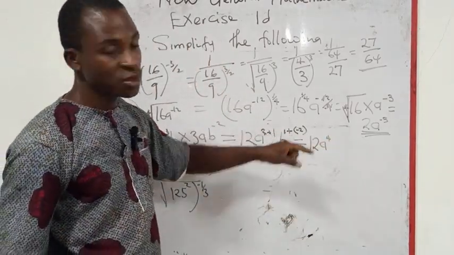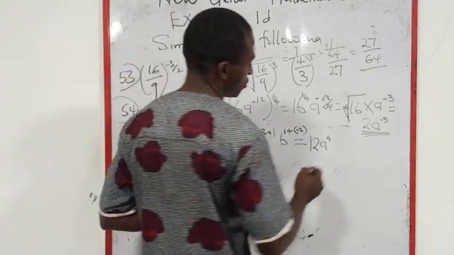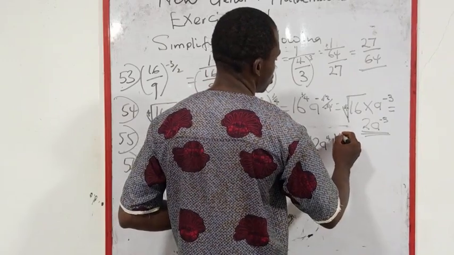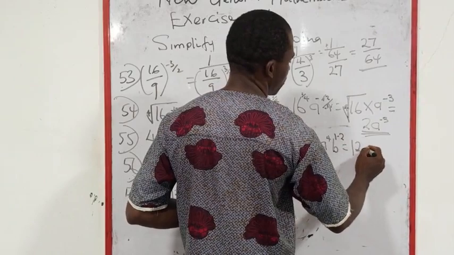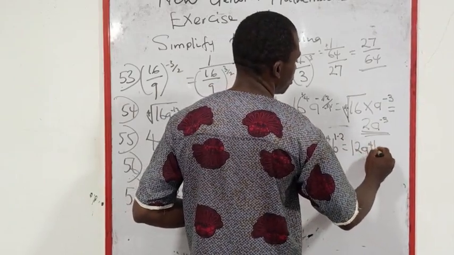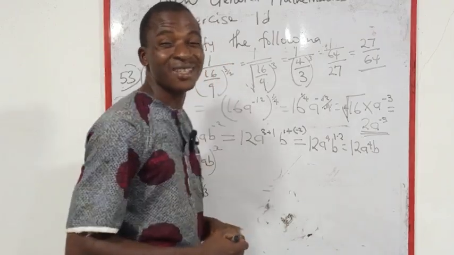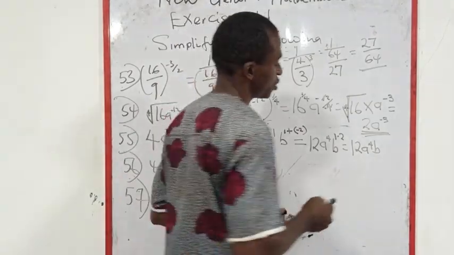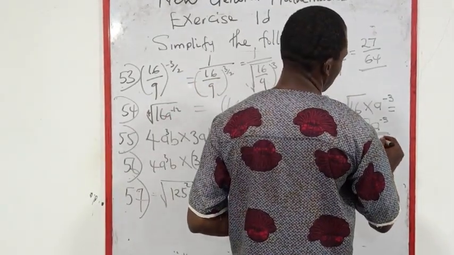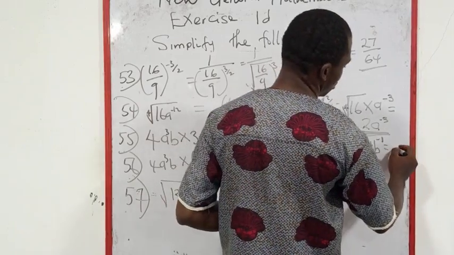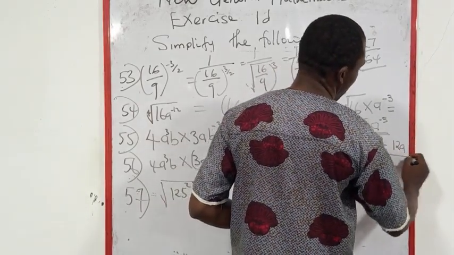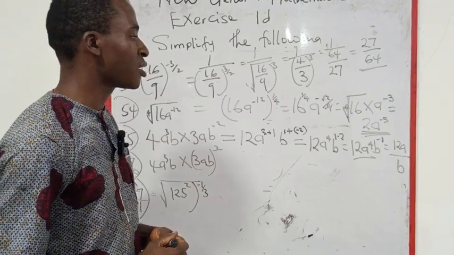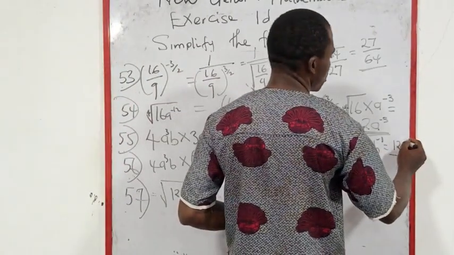Since we have minus and plus in between, we multiply the signs. What is going to give us is 3 plus 1, which is equal to 12a raised to power 4. Then b, 1 minus 2 will give us minus 1. 1 minus 2 gives us what? Minus 1. It can either be this or equal to 12a over b. 12a raised to power 4 times b raised to power minus 1,